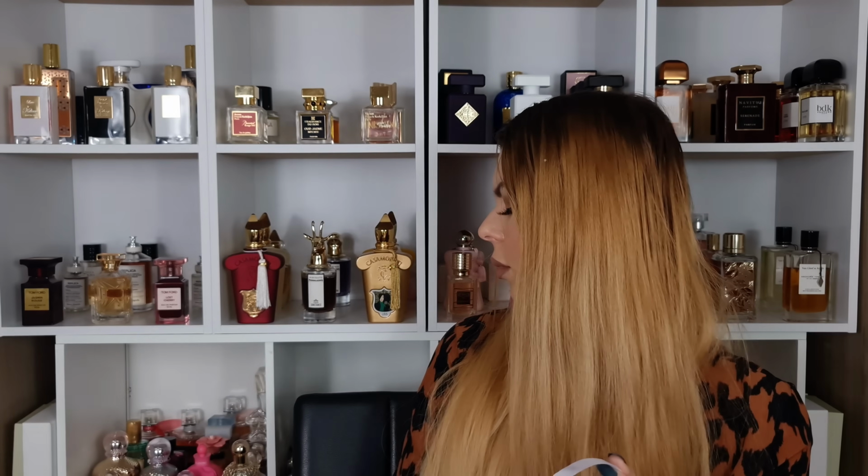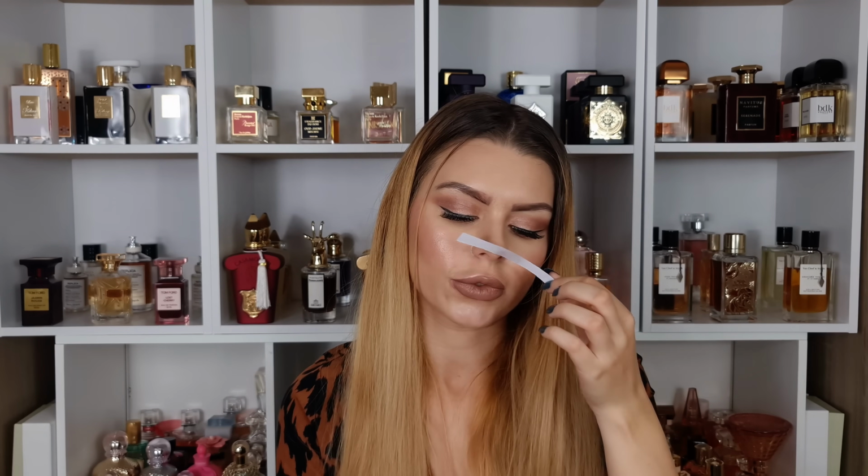It's vanilla, yes. It's the type of vanilla that you are gonna find in KAYALI vanilla, in Casablanca from... what's the name? I can't remember the name. You know which one I'm talking about. But it has lots and lots of suede. Some oud, yes, but I'm getting mostly suede. Like, it's very strong on the suede, and I wasn't expecting that. I thought it's gonna be way sweeter. I thought it's gonna be, I don't know,